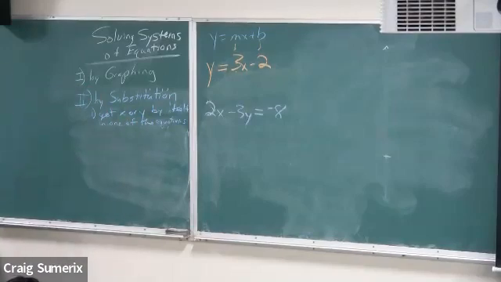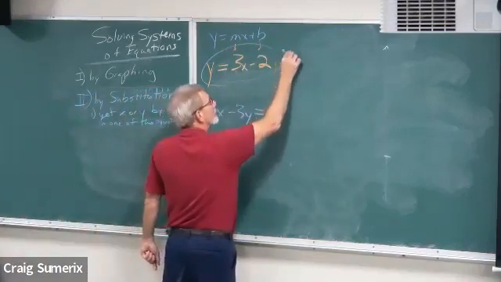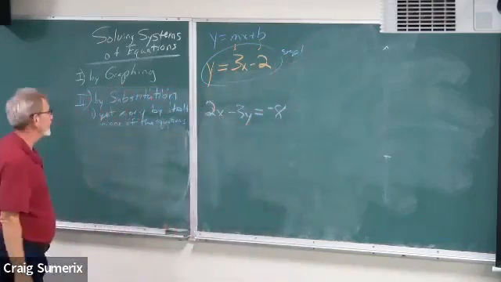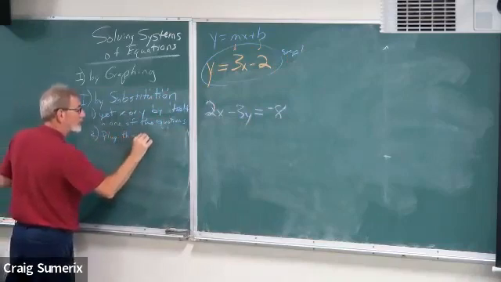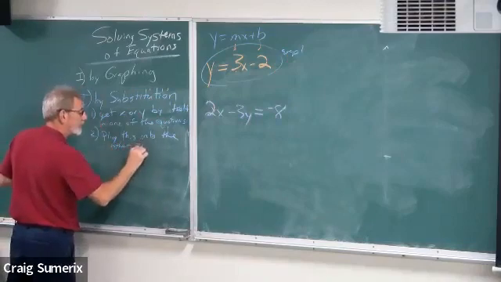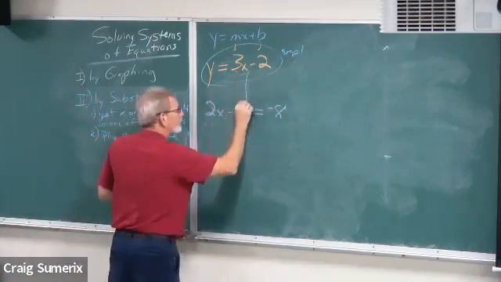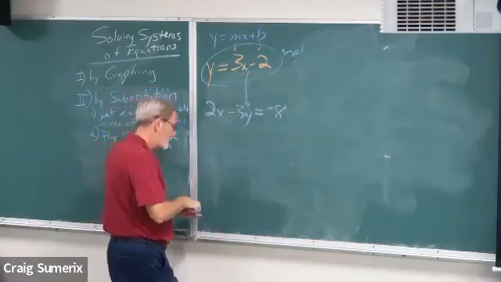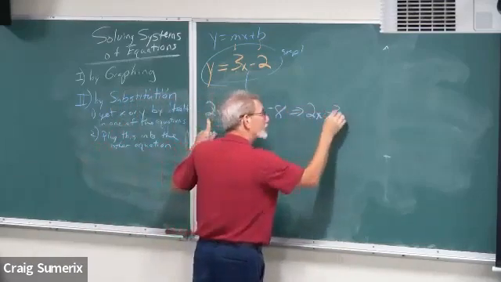Is X or Y by itself in one of the equations? Well, yeah, isn't Y by itself here? Okay, so there's step 1. What do we do with that? Plug this into the other equation. So we're going to take this and plug it in for Y. It's going to give me 2x minus 3 times